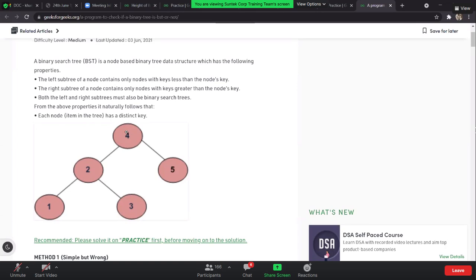What exactly we are going to do is check the maximum value on the left side. Let's say I got 3. I'm going to check this value with the node value. So if it is lesser, there is no chance that it could be greater than 3. Let's try with the 2 as well. With this 2, what I'm going to check is the maximum value I can get on the left side, which is 1. So I'm going to check 1 and the 2 as well.